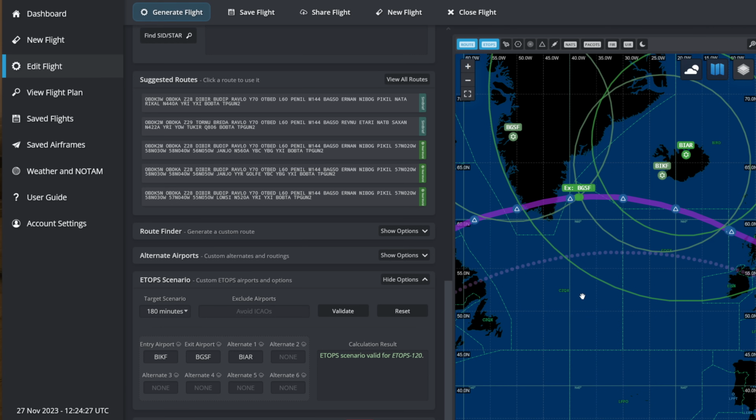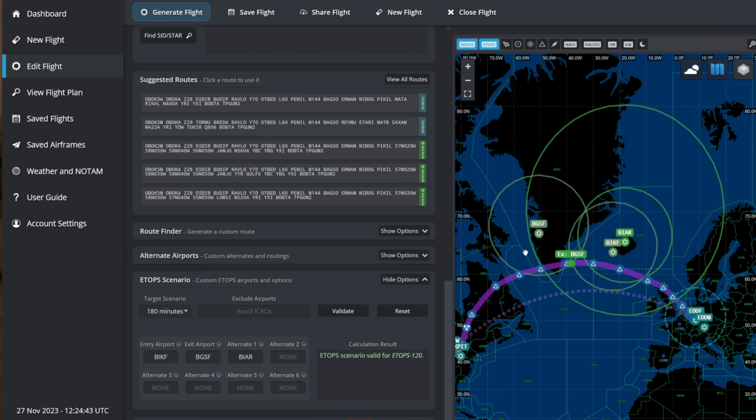And there are times where NOTAMs do downgrade those airports below these standards, so that's something to take into account. The other thing, obviously, is the weather. You all know North Atlantic weather can be heavy at times, so we are going to have a practical look into it now. First of all, we don't want to use Thunderstorm Fjord, as I mentioned, so let's go ahead